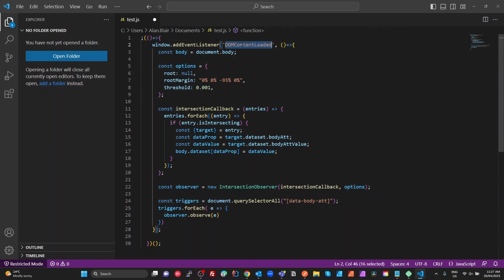Now, what we're doing here, we're waiting for the DOM content to load. The reason we do that is because we may put this script anywhere. It could be taken out of this editor, put into an external file, or put into a code manager, and we don't want this to run before all of the elements we want to track are on the DOM. So we wait for the DOM content to load, get a reference to our document's body,